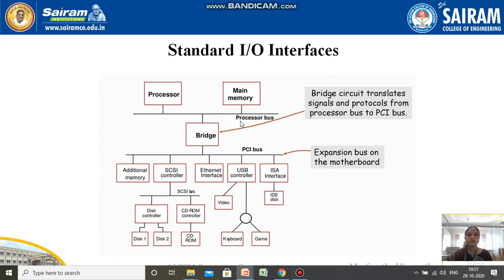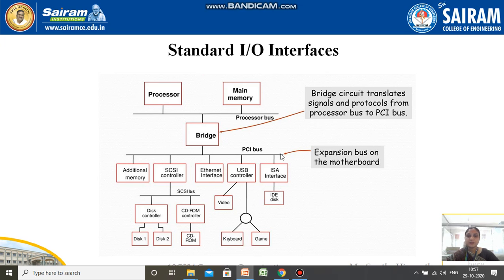This bridge circuit will be translating the signals and protocols from the processor bus to the PCI bus. So whatever devices are connected over the PCI bus will have a feel that they are indirectly connected with the processor bus, but actually the connection will be through the PCI bus and bridge.